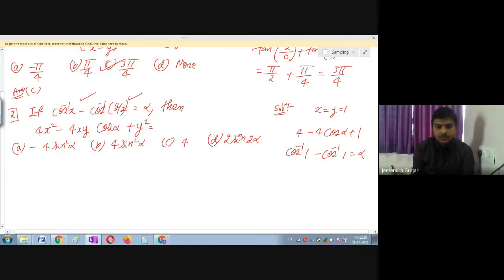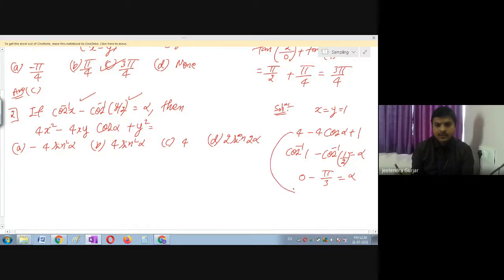here this is 1 upon 2. Yes, cos inverse will be 1 when it is 0, minus cos inverse 1 upon 2. Cos inverse 1 upon 2 is nothing but pi by 3. So alpha, I should know now trigonometric formulas, right? So here easily you can see alpha is equal to minus pi by 3. So you can just substitute here